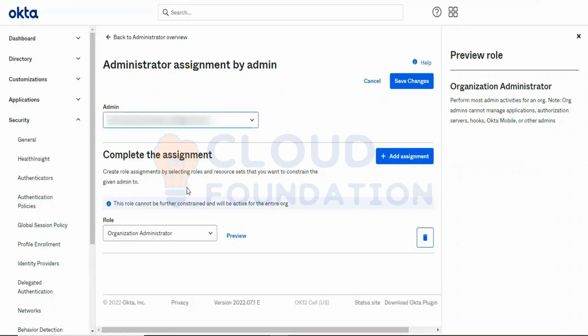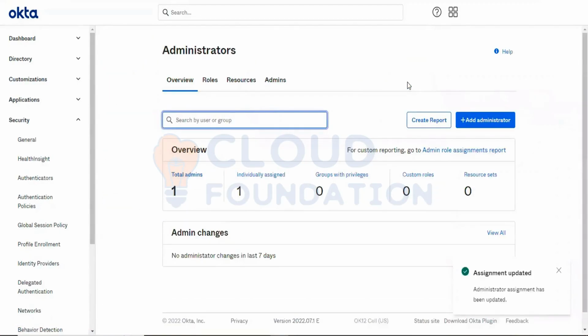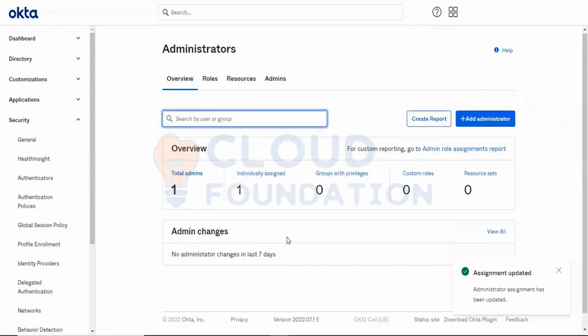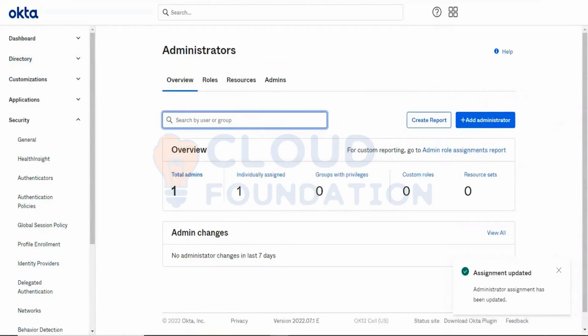I have selected your name. I have selected the predefined role. Then click Save. That's it. Right now you got access. If we refresh,